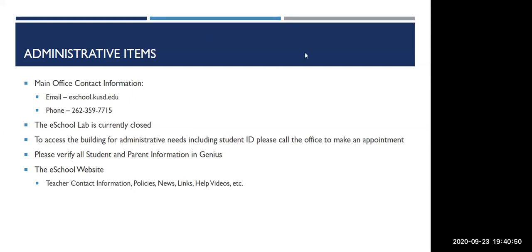I'm just going to jump in here and say that for the administrative items, the biggest thing to know is because of COVID, the building is basically closed. Generally, we would have a lab that students could come into, but right now that lab is also closed.